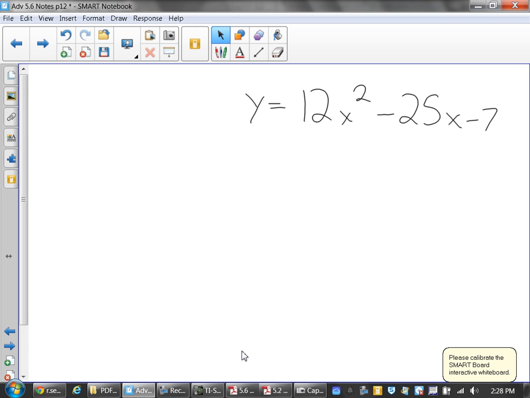Now, there are a couple of ways of going about trying to find this. This one isn't as crazy to find the vertex, or sorry, your minimum value, as the other one was. If you look at this one carefully in the graph, if you tilt it just right on the screen, you might just